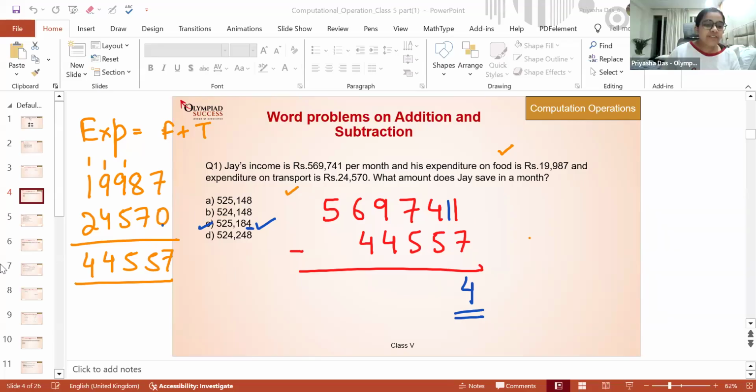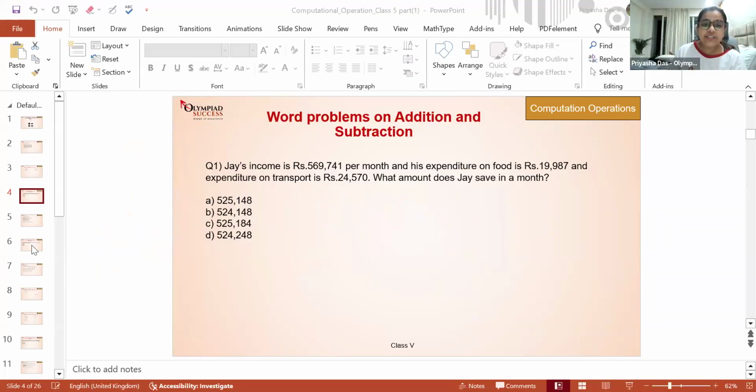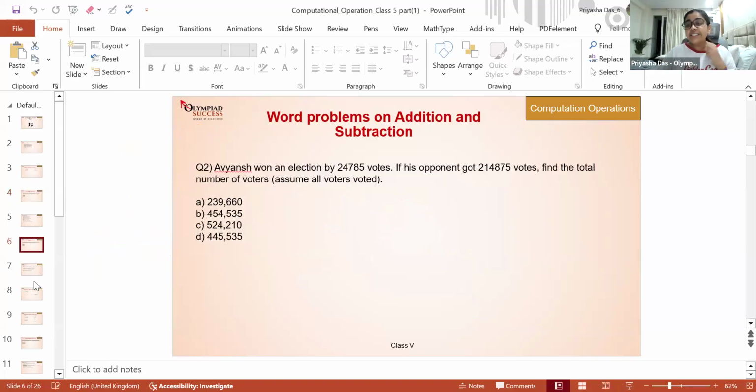Okay, let's go to the next question on your screen. This is the first trickiest question of the day. The person who gets the first right answer for this question is going to decide what game are we playing at the end of the class today. So this is very, very tricky. And this is one of my favorite questions.